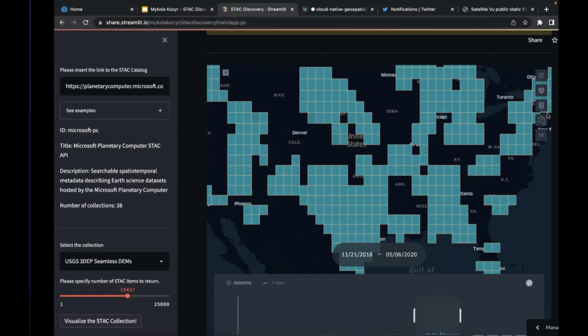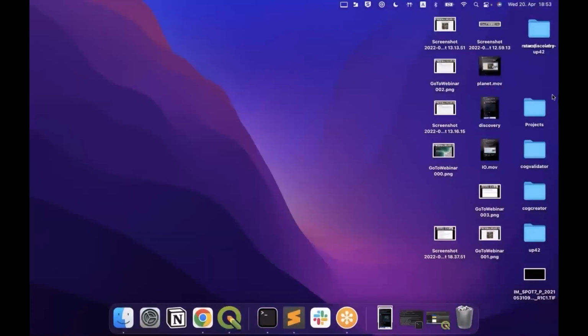Thanks. Awesome. Yeah, that's super cool. I love the Kepler GL responsiveness, and it's really cool to see that combined with STAC results and just be able to play with